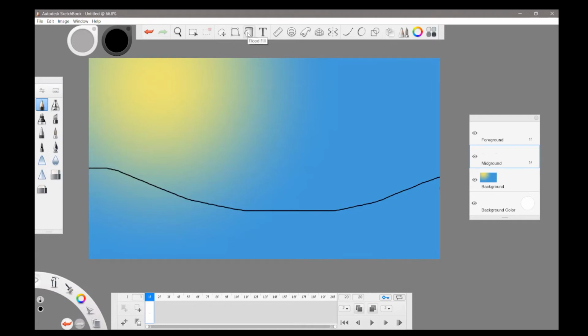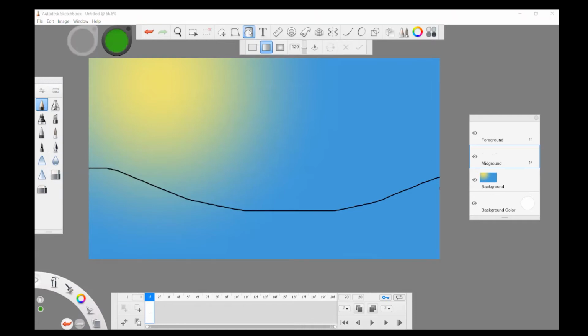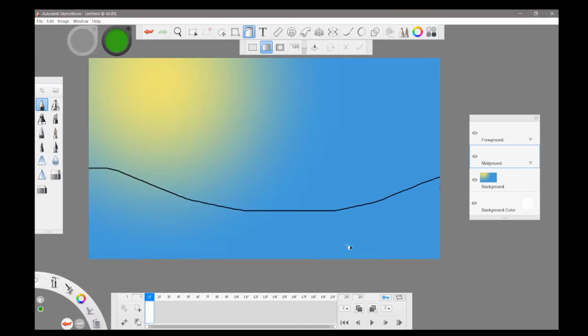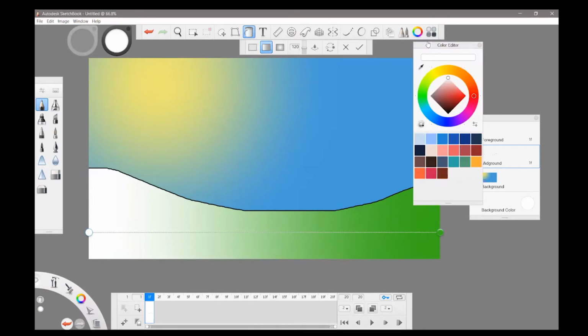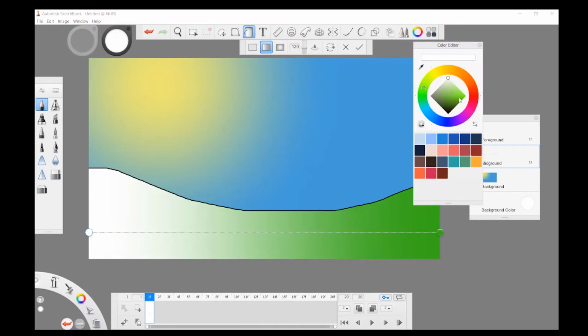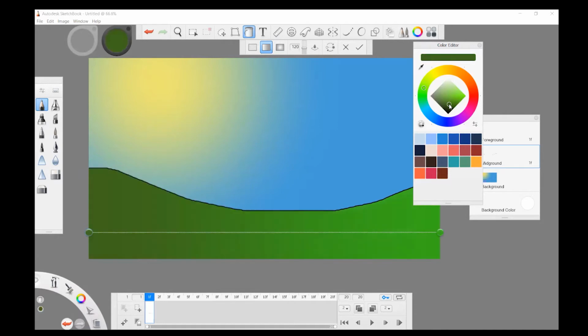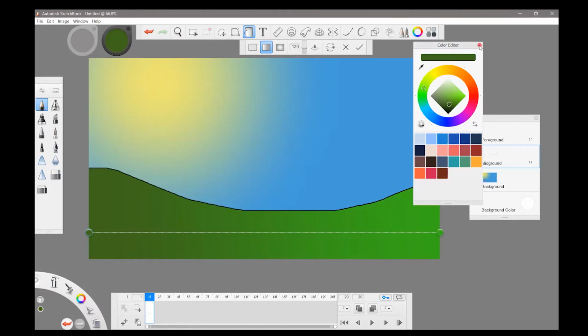Now click on the paint bucket. It's still the green colour what I chose. Click on there. You can see now it's just done the green. That's really cool. Okay, now if I decide I want this colour not to be white, click on it, you can see it's come up as white. Click in my colour bucket, again my colour chart, and then I choose a colour that I want. So I'm going to go with like a dark green there. There you go. Okay, you can see straight away how it just edited that exactly how you wanted it,